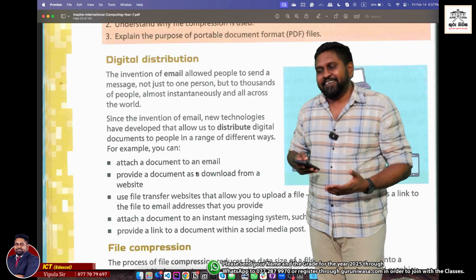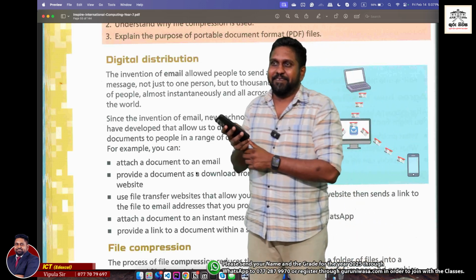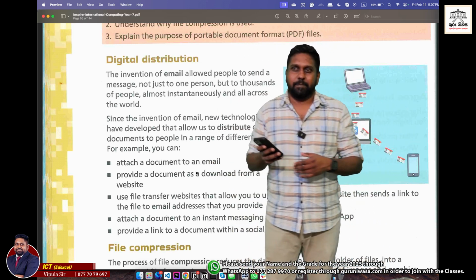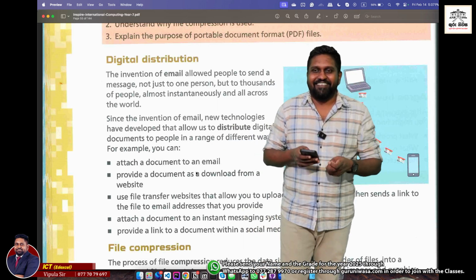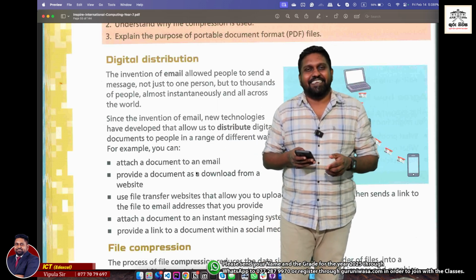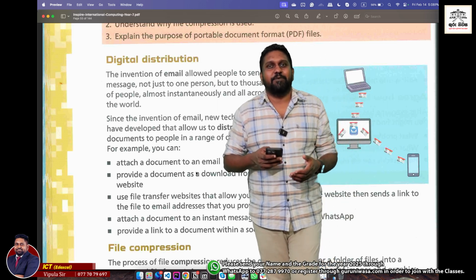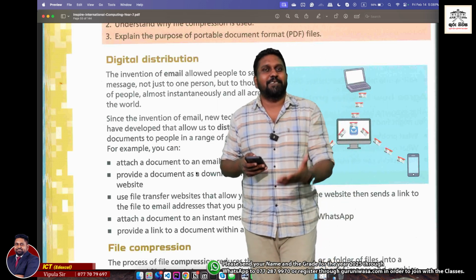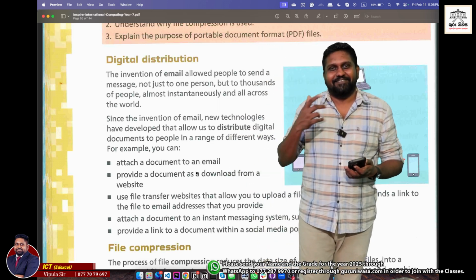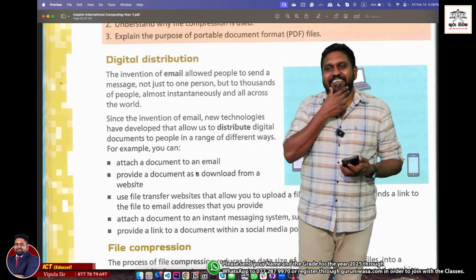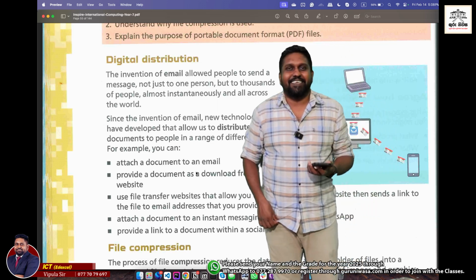You know, a fun fact, if you go back almost about 20 years, we didn't have all these social media platforms, so all this information was actually shared through emails. When a funny mail came, we would share the email. So in those days we used to check email all the time because all these